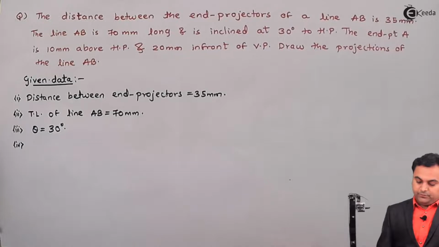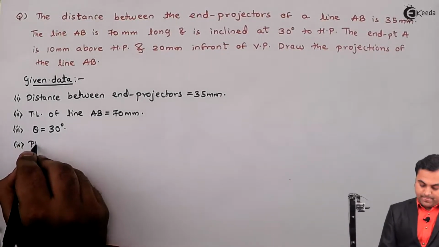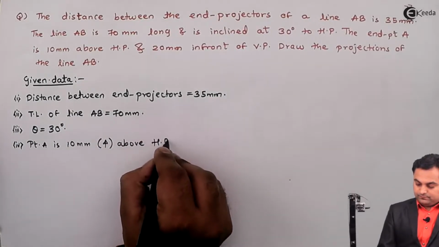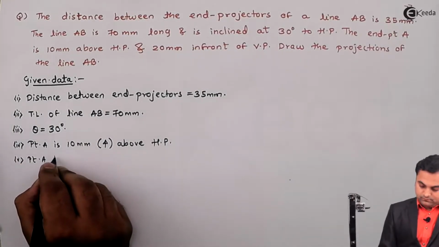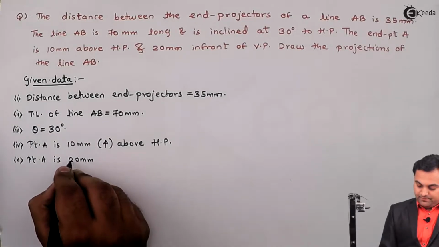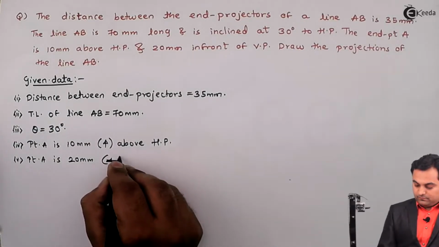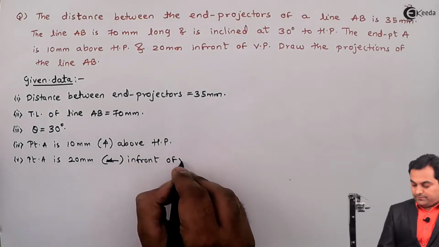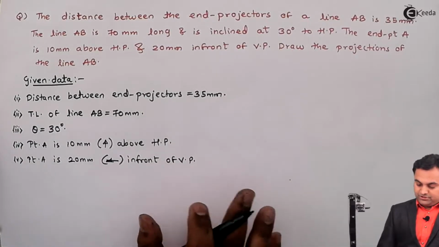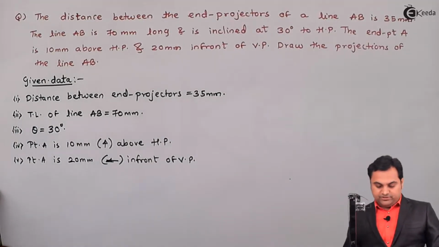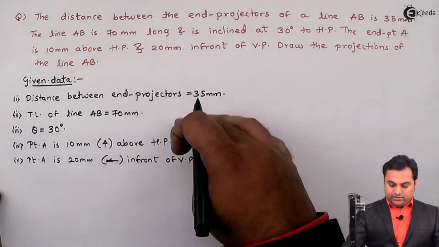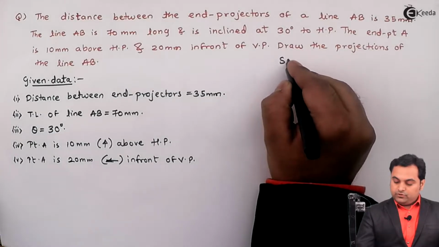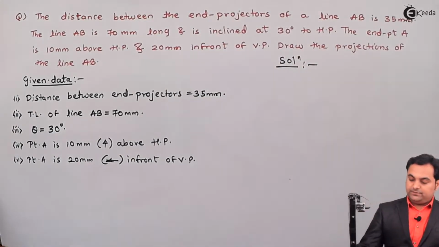Then the endpoint A is 10 mm above HP and is 20 mm in front of VP. Draw the projections of the line AB. So this is the question in front of us. Now here 5 parameters are given which are essential to solve the problem. So starting with the solution part,